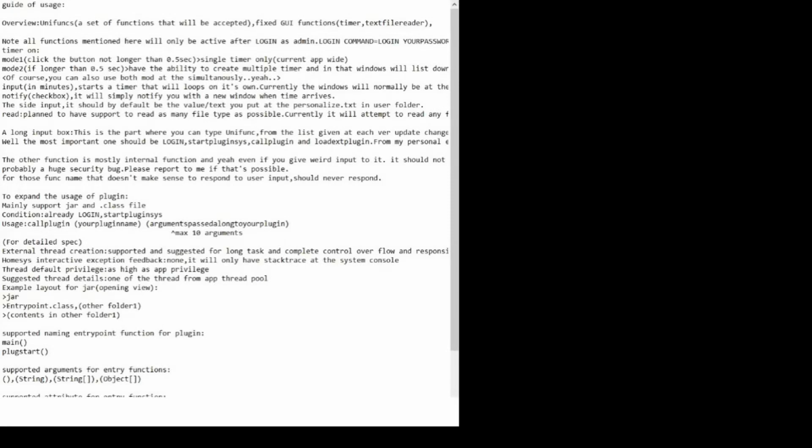Of course, I'm just going to give you guys a peek at it, just to show what the functionality is and what I have written. From here you could see that I did document the timer, how you use it, what the checkbox is and everything.